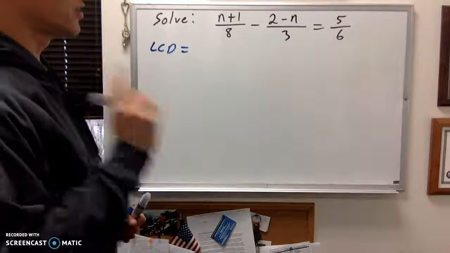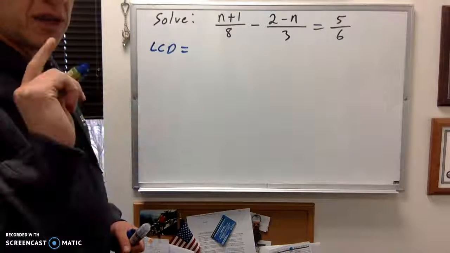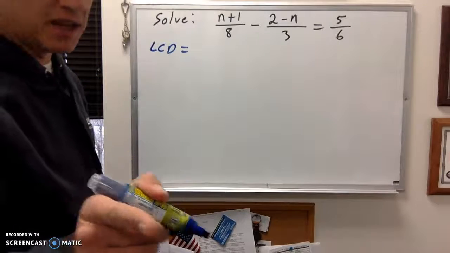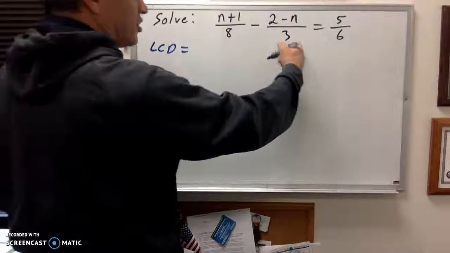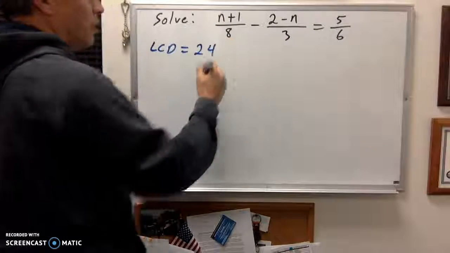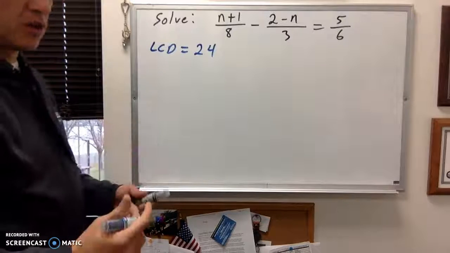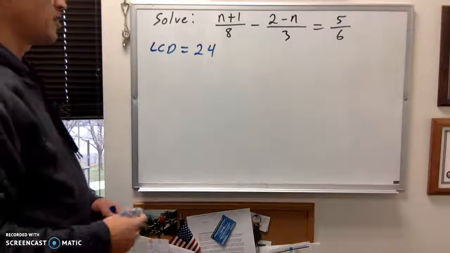What we're going to do is solve this problem without fractions. Okay, I don't care what anyone tells you. Fractions can be the enemy. Alright, so let's get rid of them. So if we look at our least common denominator between 8, 3, and 6, it's going to be 24. At this point, hopefully you know your multiplication skills well enough to know that your least common denominator is going